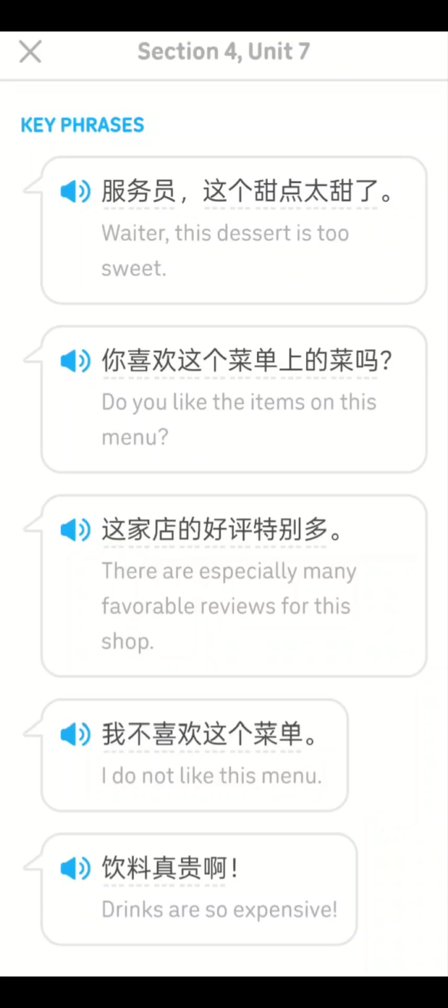There are especially many favorable reviews for this shop. So if I try to read these sentences, 这家店的好评. The next character I cannot remember. Duo. I just identify duo. So in the middle I cannot remember. So in that case I will play the sentence and just observe it. 这家店的好评特别多。